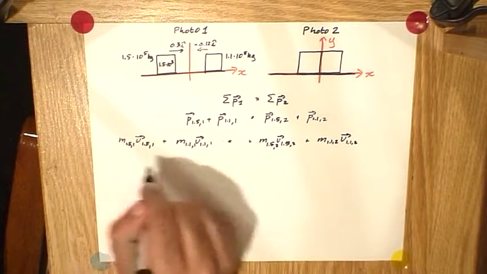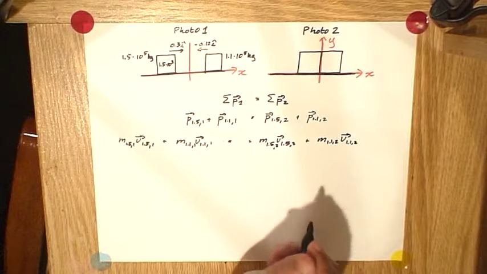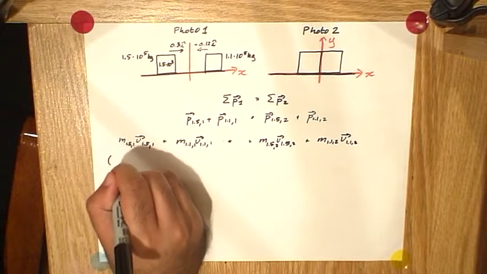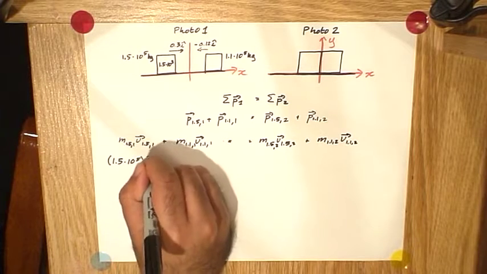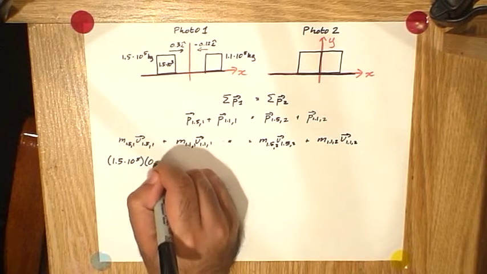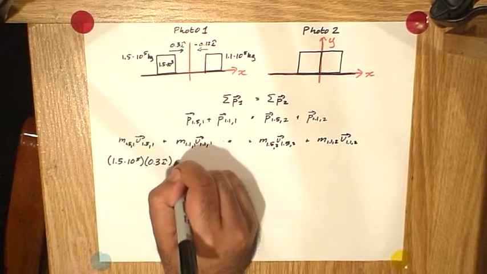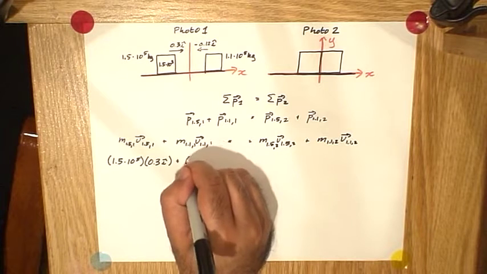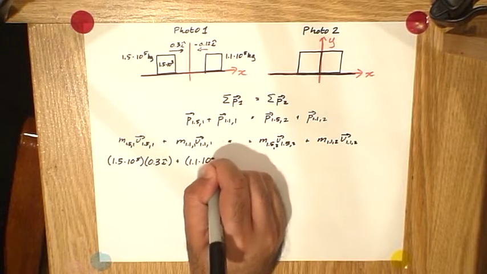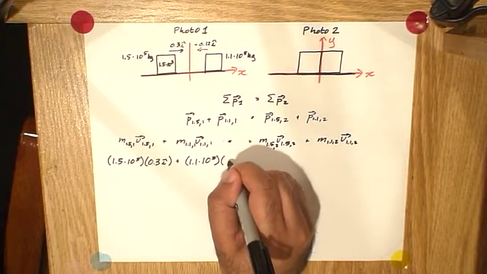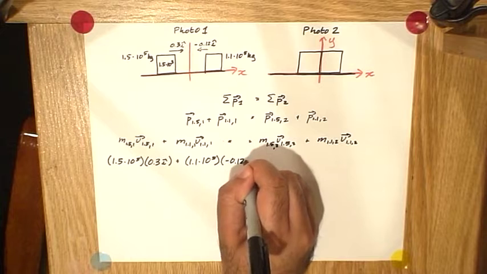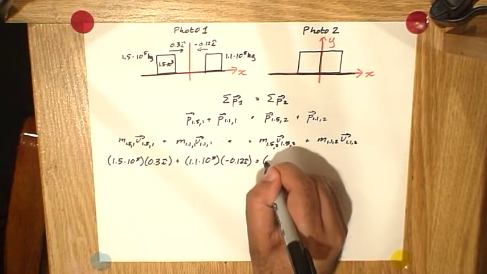Okay, now let's start plugging in all the information that we have. 1.5 times 10 to the power of 5 multiplied by a velocity of 0.3 i hat plus 1.1 times 10 to the power of 5 times a velocity of negative 0.12 i hat is all equal to